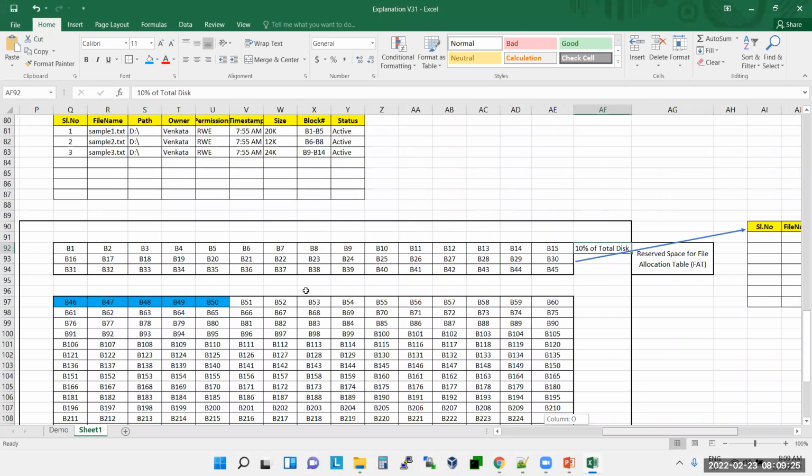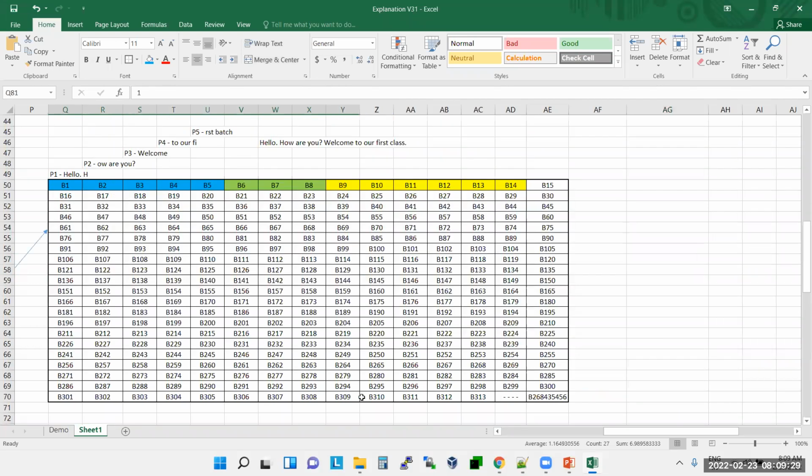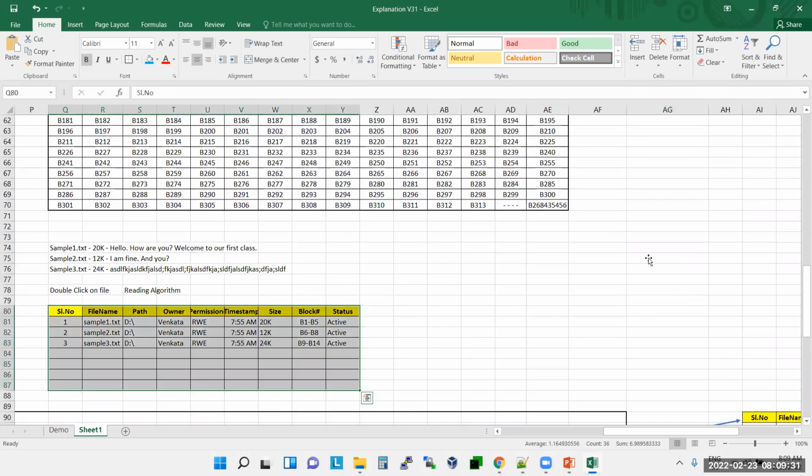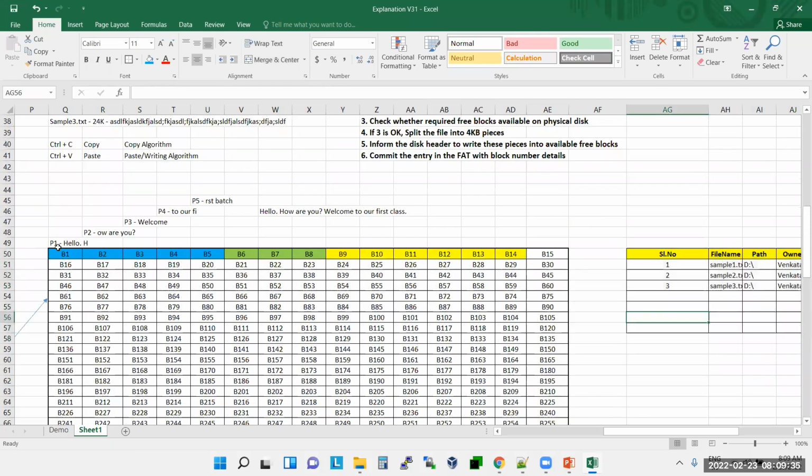What is the difference between this data and this data, guys? Can I say this is actual data? Then what is this one?